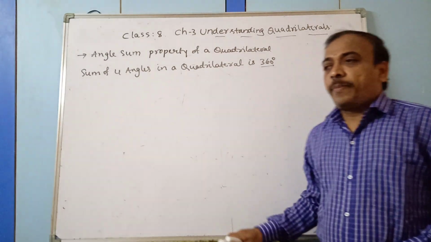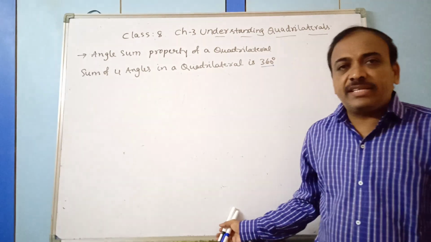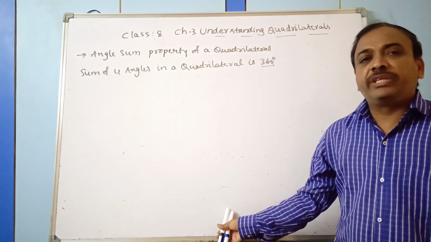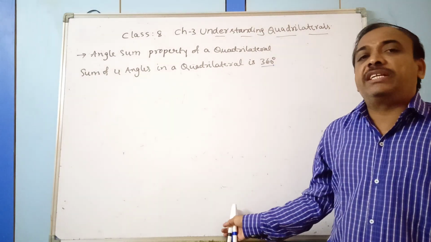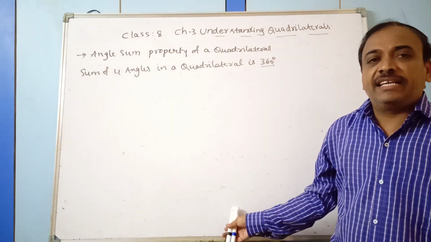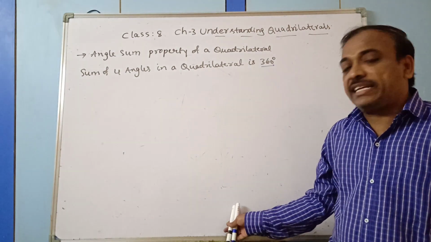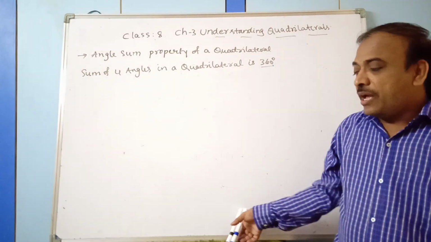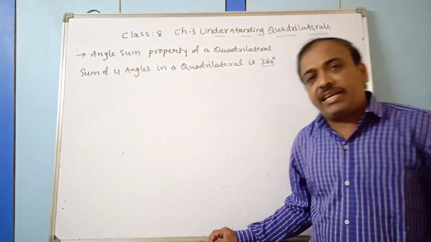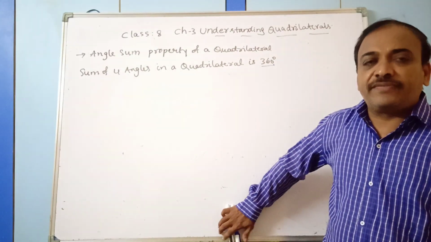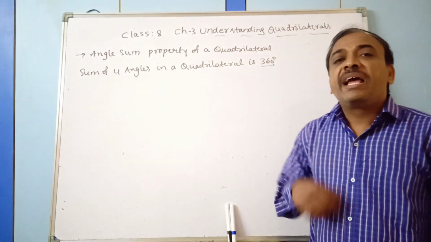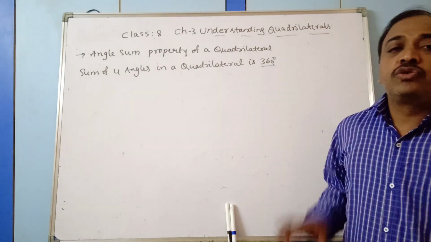Hi students, I hope you understood what we have discussed in the previous session about understanding quadrilaterals, and based on the sides we have classified them into different categories. If it is a closed three-sided figure, it is a triangle; a four-sided figure, quadrilateral; a five-sided figure, pentagon, like this. Based on the number of sides we have given a specific name for each type, so that we call it